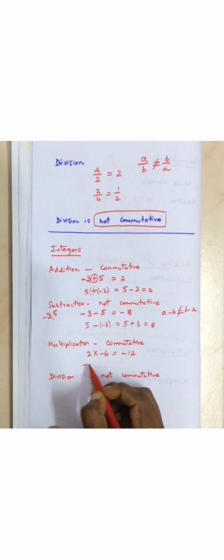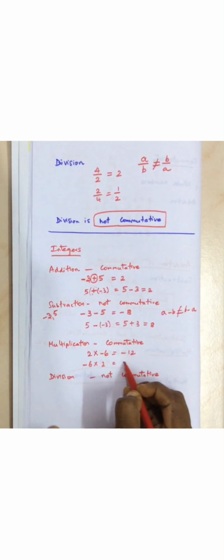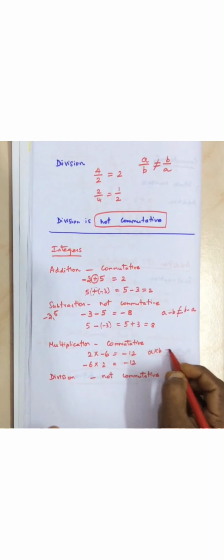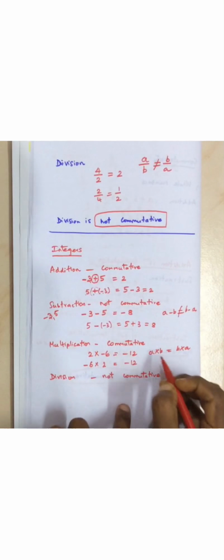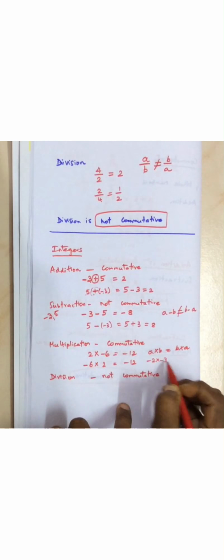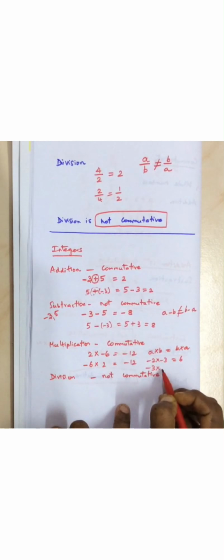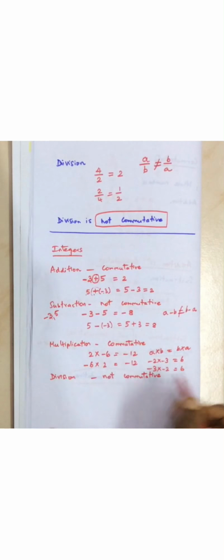So you can add minus 6 multiplied by 2, which also gives minus 12. So we can say a multiplied by b is equal to b multiplied by a. We can see for any number of cases, minus 2 multiplied by minus 3, which is equal to minus into minus plus, 3 twos are 6, which is the same as minus 3 multiplied by minus 2. Minus into minus plus, 3 twos are 6. So multiplication is commutative.